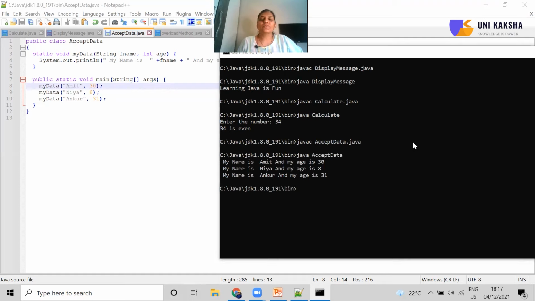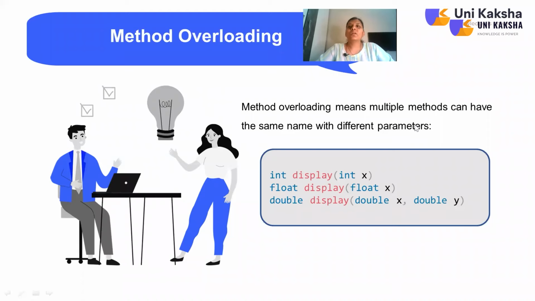So we will be back to the PPT now. Now, method overloading is also considered as an important factor of writing methods. So method overloading is also used for reusability of the method. Simply, it means that multiple methods have the same name, but with different parameters. So here, the name of methods will be the same, but the signature, that is the parameters which we are passing and the return type of that method may be different. So that is what is called method overloading.